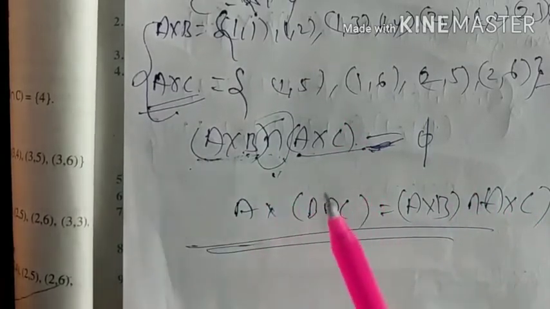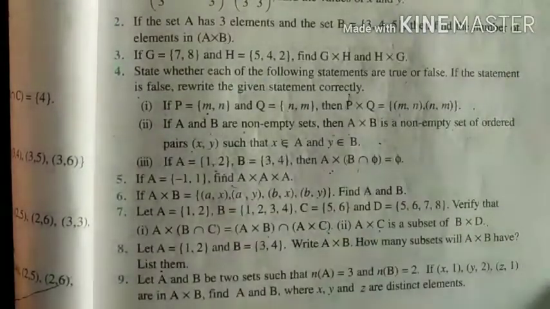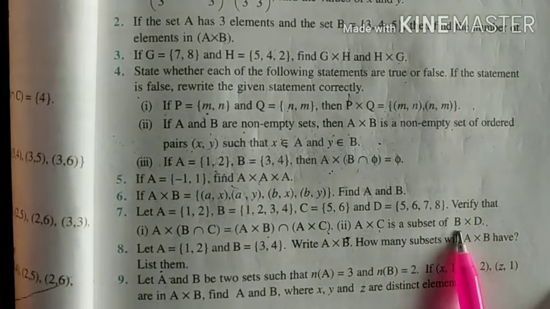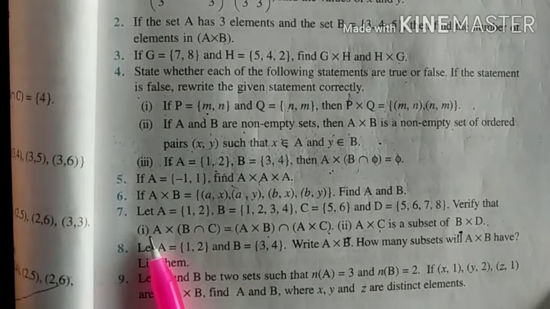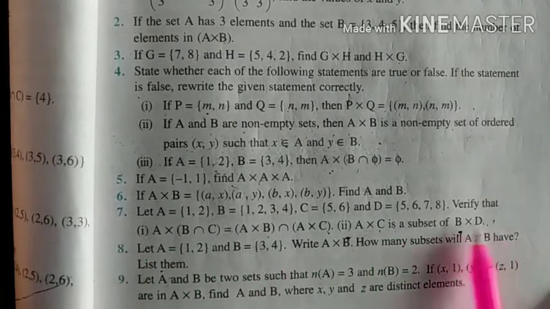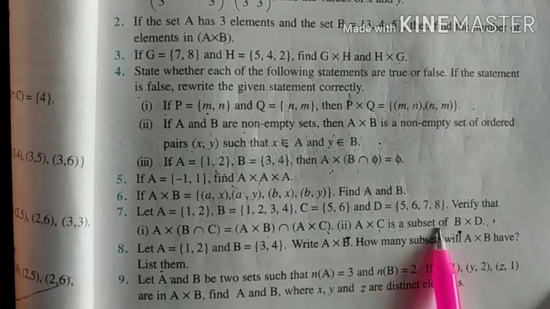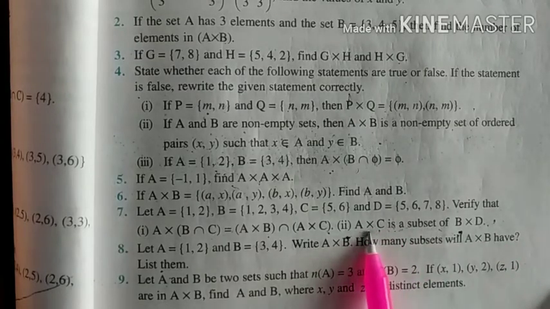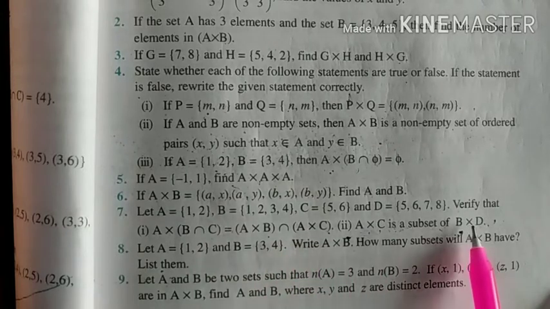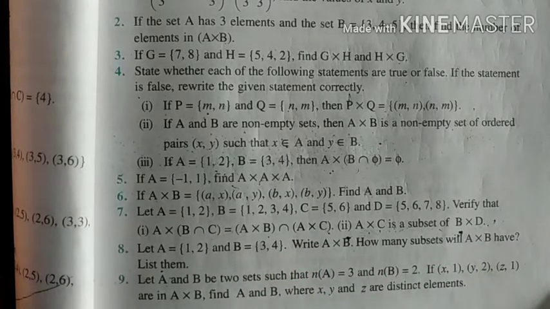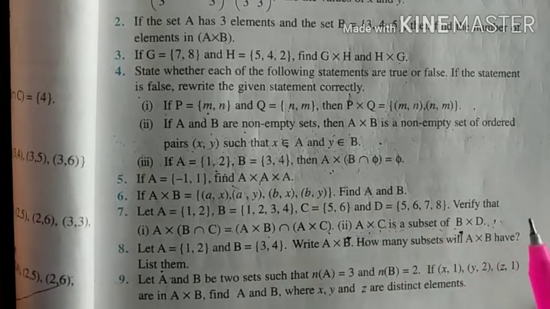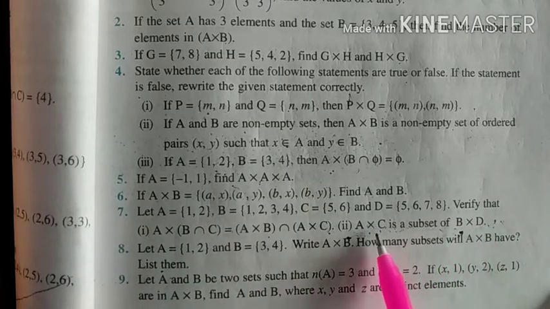This is very simple. So the second problem is homework for you. If you understand the first problem, you can easily solve the second problem, because just find out A × C and B × D. You have already calculated A × C in the first problem. So B × D you have to find out. Then check whether all the elements of A × C are available in B × D or not. If all the elements from A × C are also in B × D, then we can definitely say that A × C is a subset of B × D.